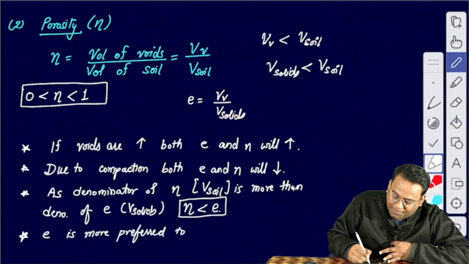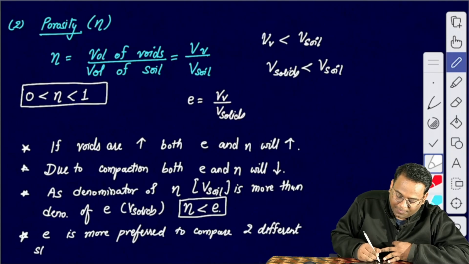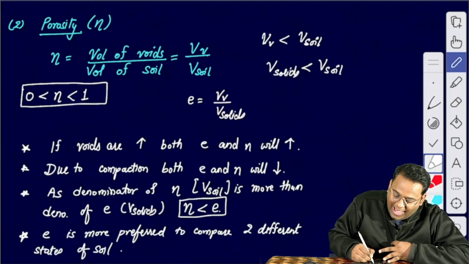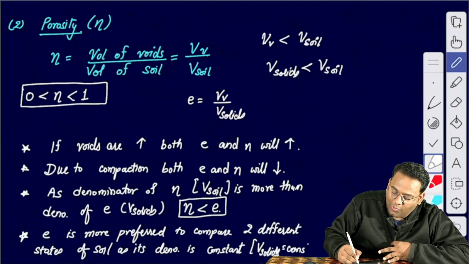E is more preferred to compare two different states of soil, as its denominator is constant. And what is the denominator of a void ratio? That is volume of solids, which is constant. Yes or no? I hope now you understand